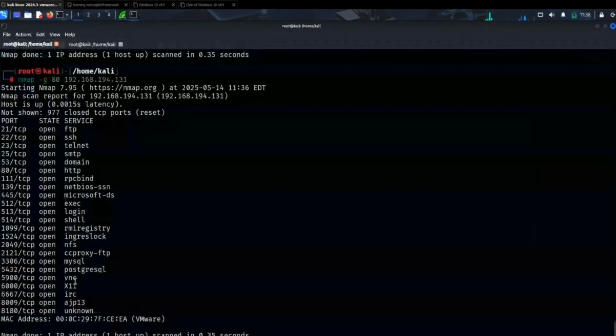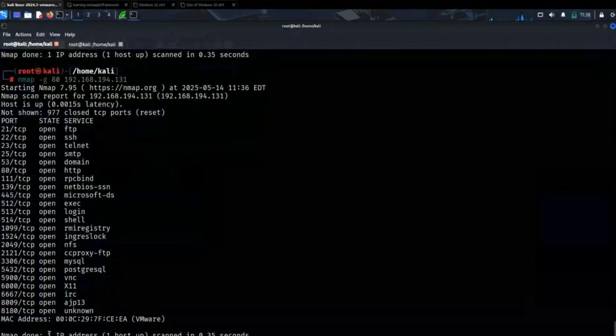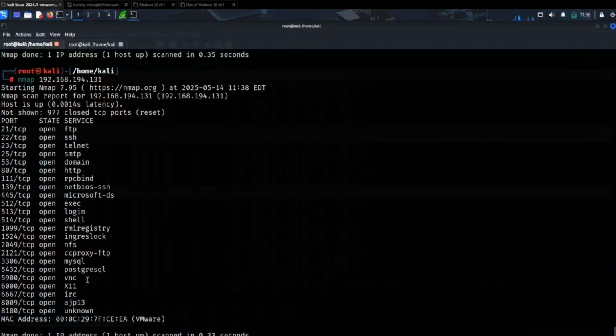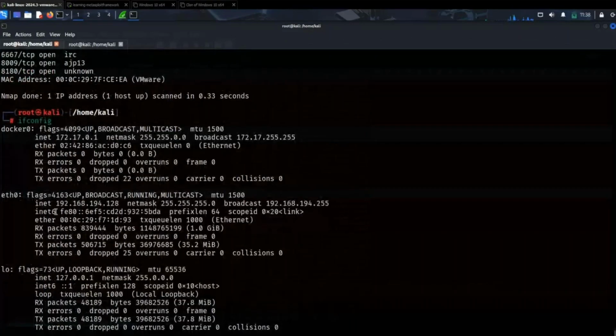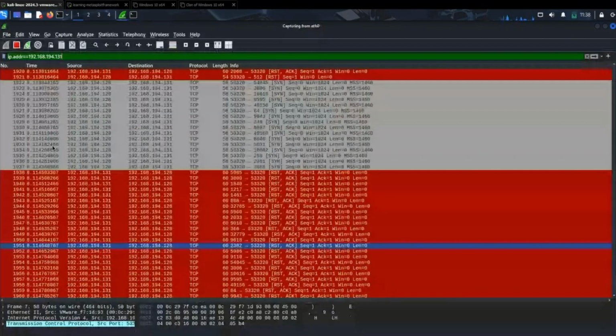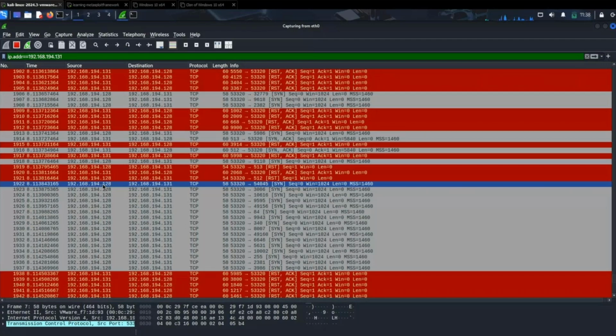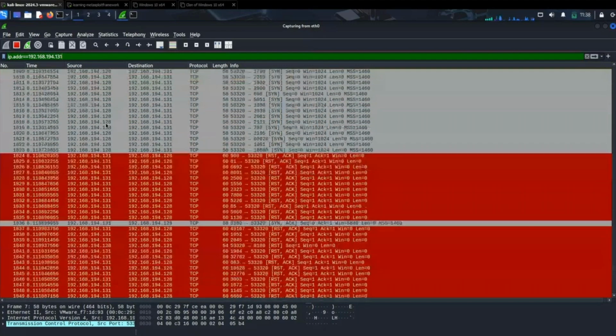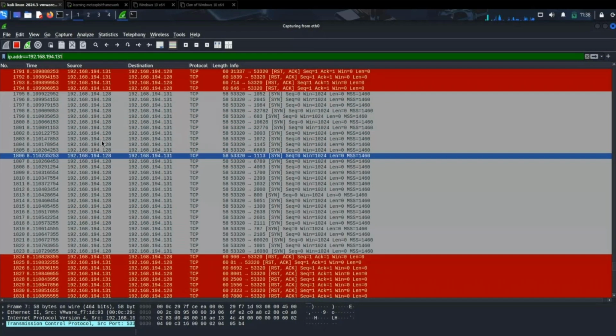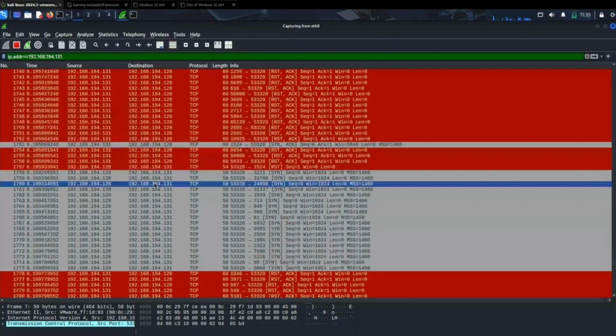If I write nmap normally, and show you my IP address, this is the IP address .128 of the attacker's machine. So here if you see the source IP, it is from .128, .128, .128 like that. I want to manipulate my source IP